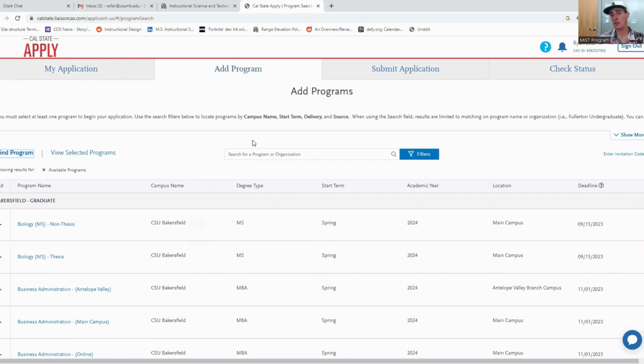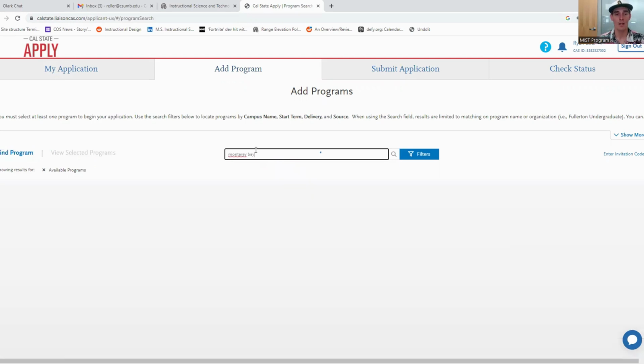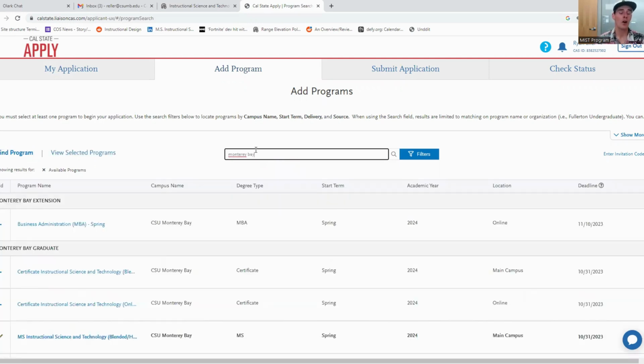Now, the only issue here that you'll see is that this would show quite literally every single application available during the spring term for all CSU campuses, which is pretty tedious to try to sort through. So instead of manually scrolling down, what I would recommend doing is searching our campus. Since we are CSU Monterey Bay, you can go ahead and search Monterey Bay, and you'll see that only